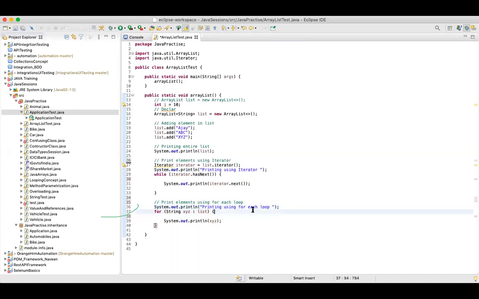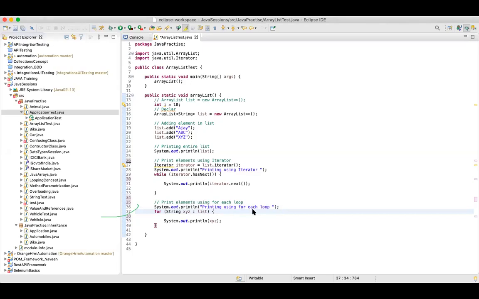Okay. So guys, we saw two things: how do we traverse through an array list, and how do you print a specific element? So this was iterating. Now, one more thing, we can also use a for loop. I'll show you the for loop as well. And apart from for loop, there are a couple of more methods to print. But let's see one by one.